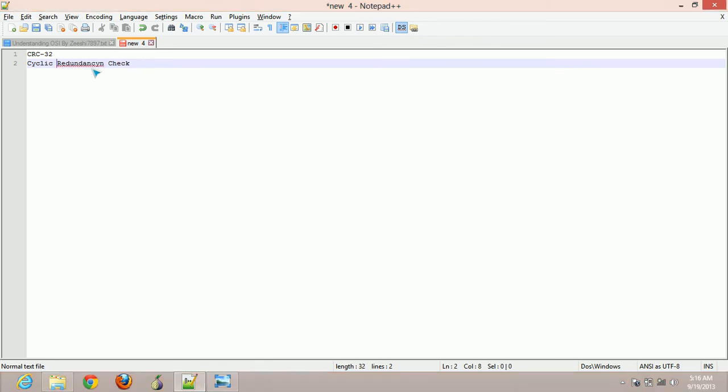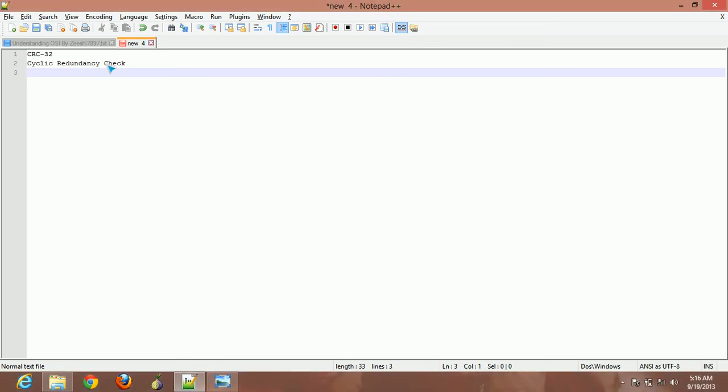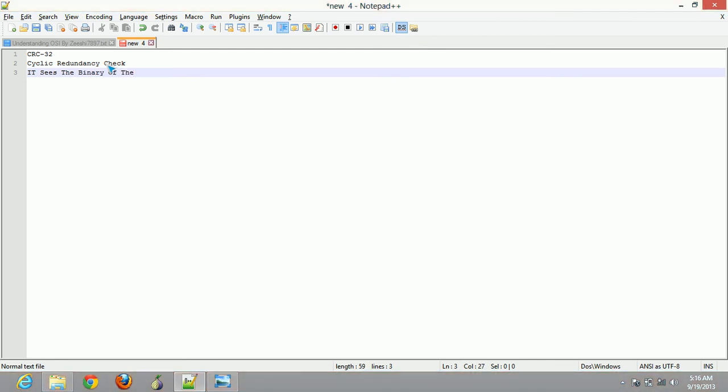Cyclic redundancy check. What does it do? Let me go deeper into it. It looks at the binary of the program as the program is compiled to run. There is no program that runs uncompiled from a standard perspective, but there are some. This is the binary of the program,